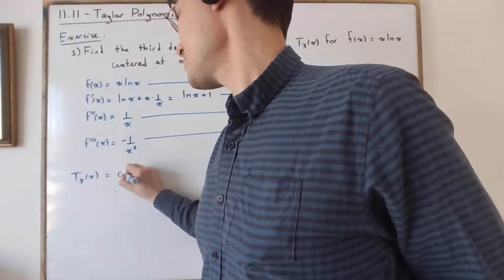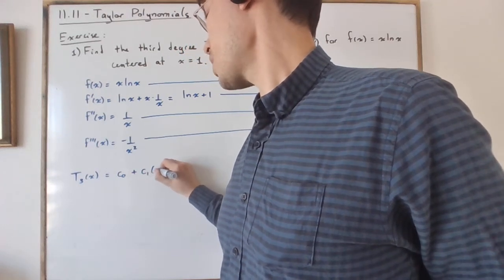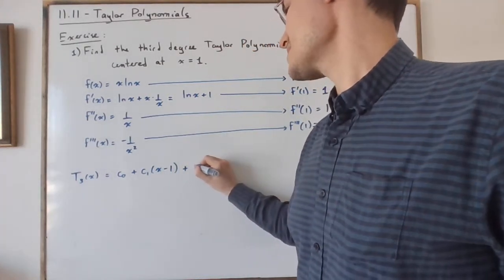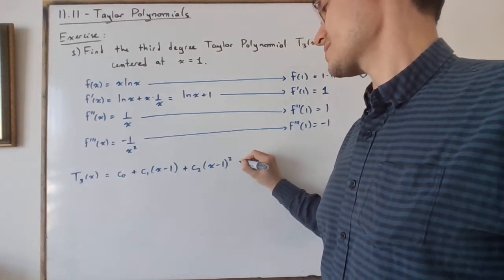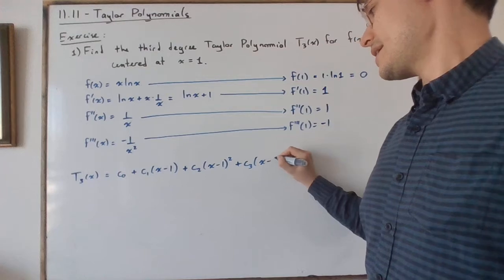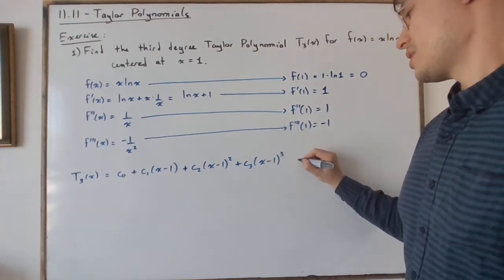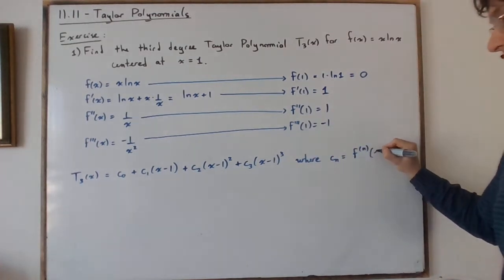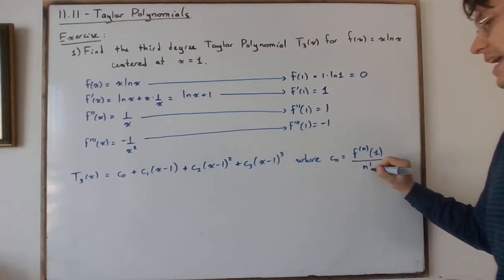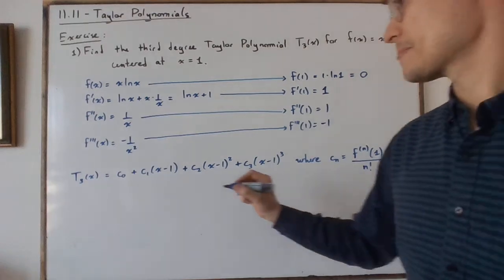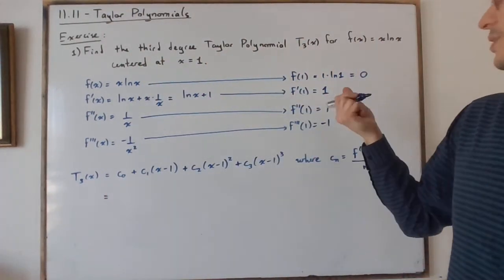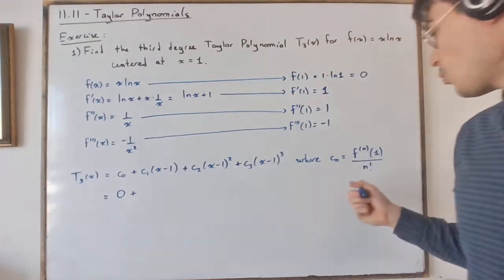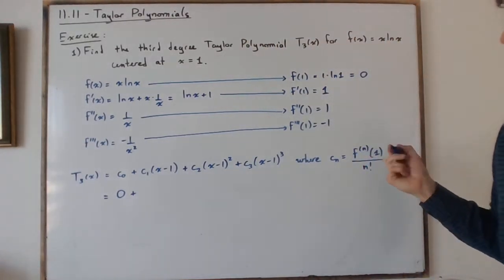It's going to be C0 plus C1 times x minus 1 to the power of 1, plus C2 times x minus 1 squared, plus C3 times x minus 1 to the power of 3. Remember here that Cn is the nth derivative at 1 over n factorial. So now let's fill that in. C0 is only f of 1, so that's going to be 0. C1 is going to be 1 over 1 factorial, so just 1,